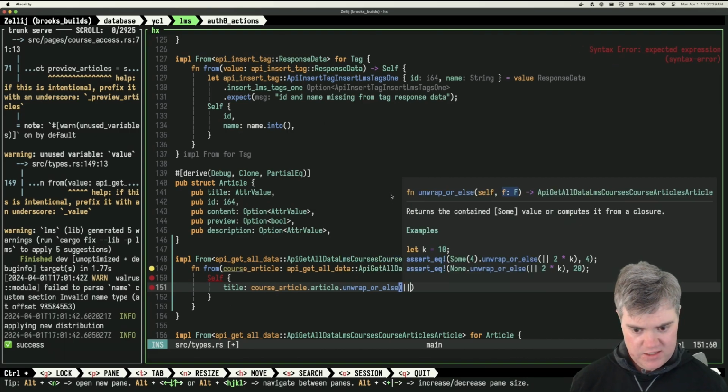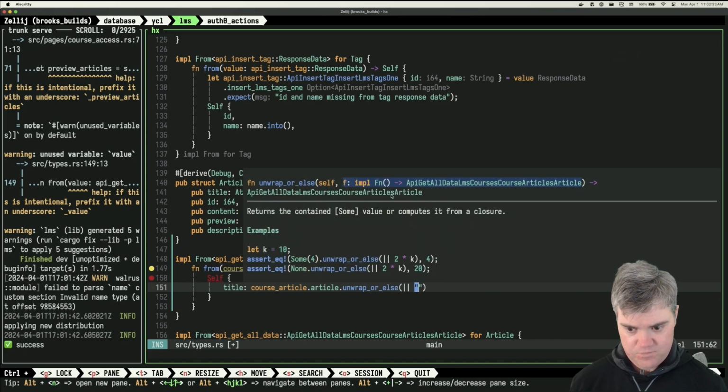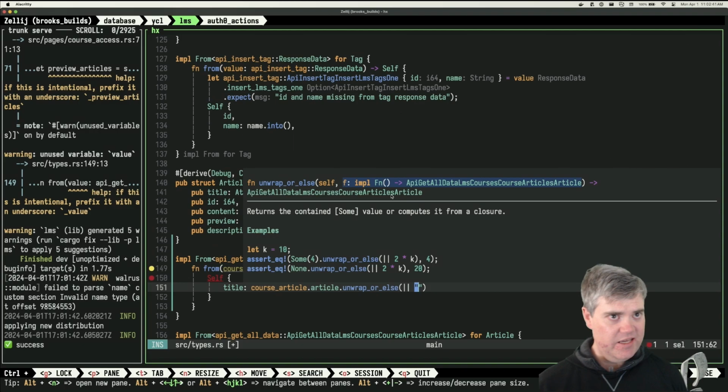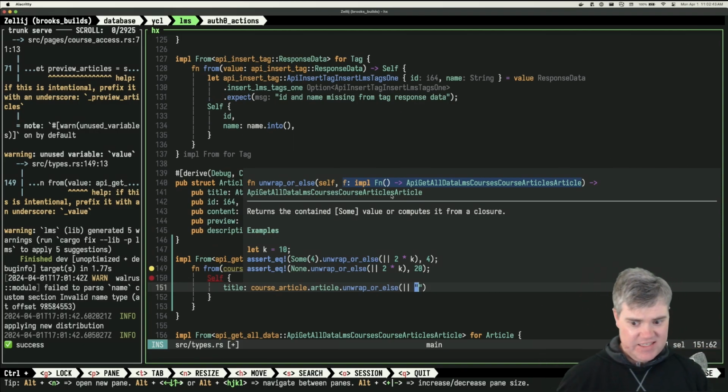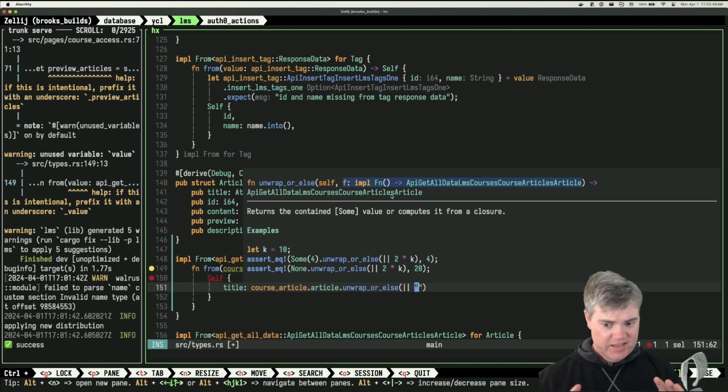Let's do unwrap or else, and then I want an, this is like a default. So this is going to be if for some reason it can't get the title, it can't find the article, which